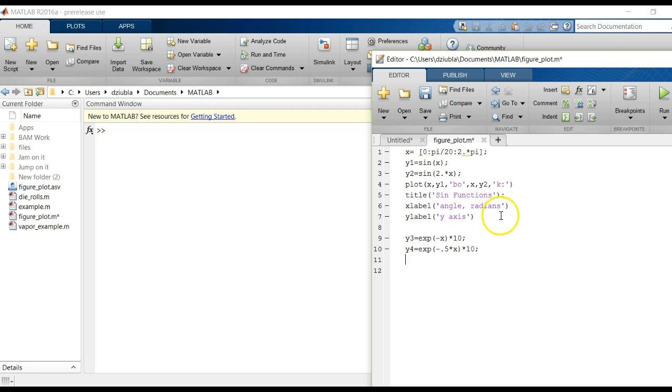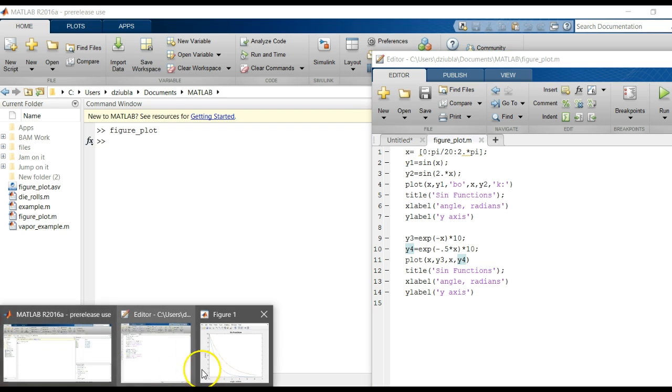And so let's say we wanted to create a new plot. I'm going to just copy and paste all of this, and now I'm going to make them default figures. I don't want this to be there. I don't want this to be there. So I am simply limiting this, and I'm going to replace y1 with y3 and y2 with y4. So I'm just creating two separate plots for two separate data sets using the same x value. If I click run,